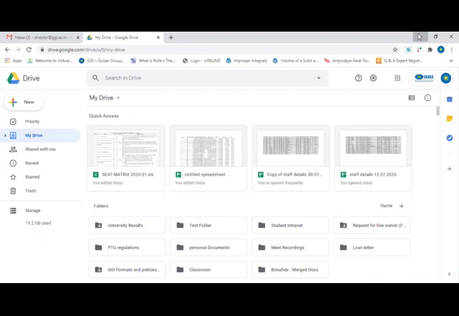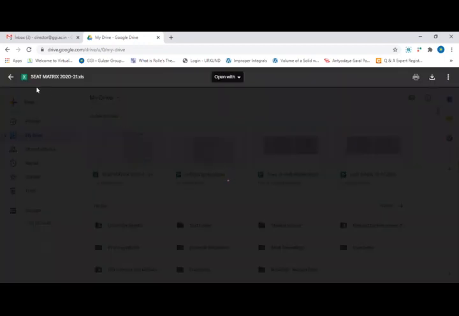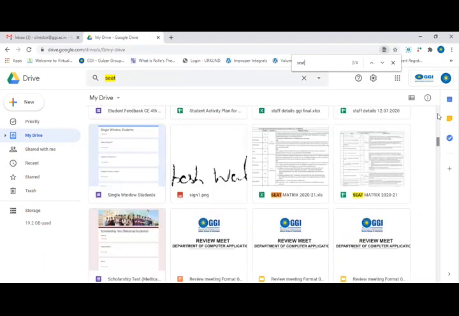Let's say the name of that file is sheet matrix. Okay. So let's go to the search, so that I can go to this file. Sheet matrix. Okay. So there is the Excel file.